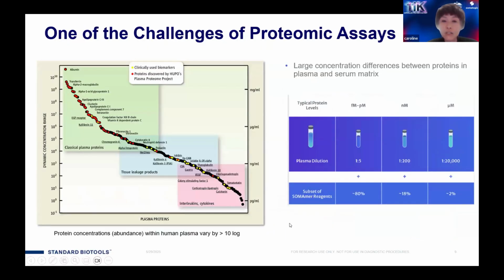So one of the key challenges with a proteomic assay is the ability to detect a wide dynamic range of protein concentration in matrices such as human plasma and serum. As we know, in human plasma and serum there are highly abundant proteins such as albumin to very low abundant targets such as cytokines. So with the SomaScan assay, how do we achieve these 10 logs of dynamic range of different protein concentration within